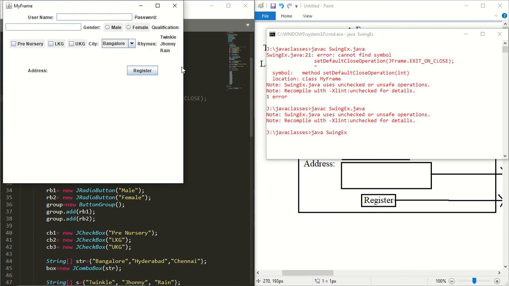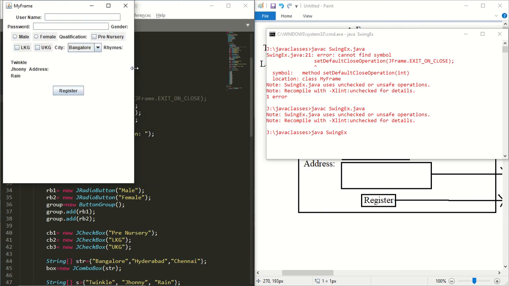So this is our frame. Okay, so username I will enter it as ABC. Next, password. Next we have gender. So this is a radio button. At a time you can select only one. Next we have a qualification, which is a checkbox. Next we have a city, which is a combo box, which means it is a drop down menu.